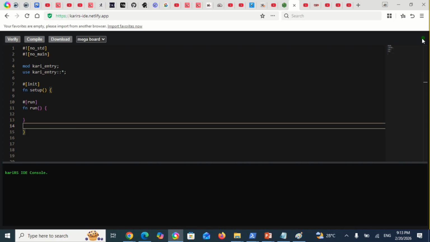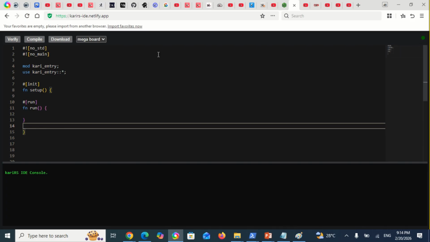For example, if the kariRS server has not been receiving any traffic, then it might go into sleep mode. At that point, it might take up to around 7 minutes for it to wake up. So this is what shows you whether it is on or off. Whenever it is green, you know very well that you are connected